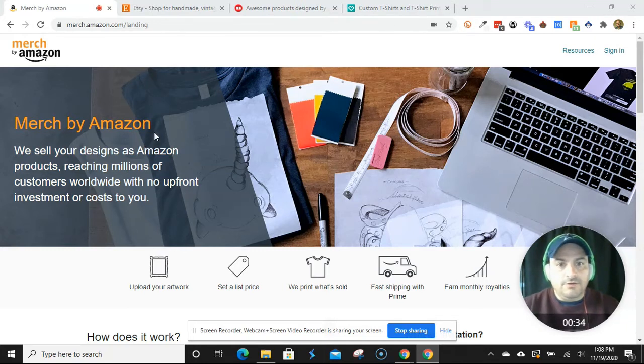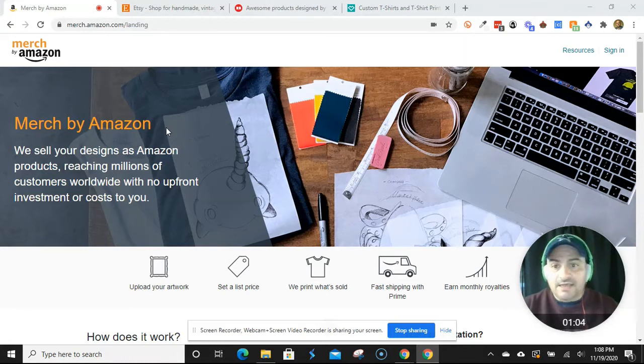Although in the course we're not going to spend tons of time on it, because it's probably the least complex of all of the platforms we discuss. It's a very powerful platform by Amazon, and all of your products get uploaded automatically in the Merch by Amazon platform, and they all get a Prime tag. So imagine being able to upload for free to Amazon, and you don't need a Seller Central account. You upload for free in your account.